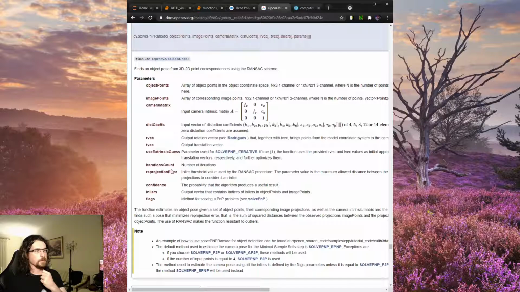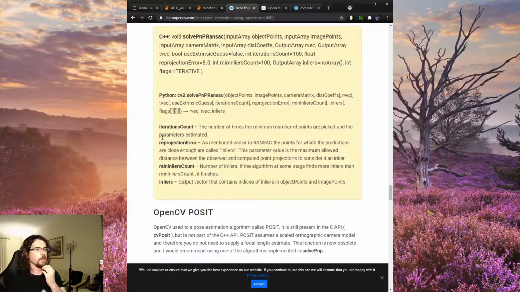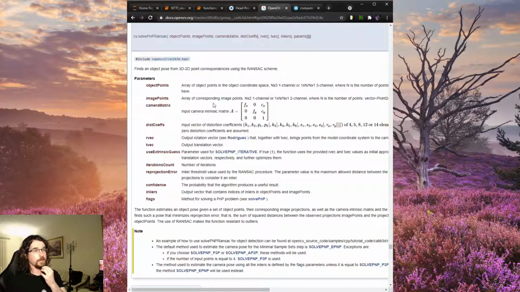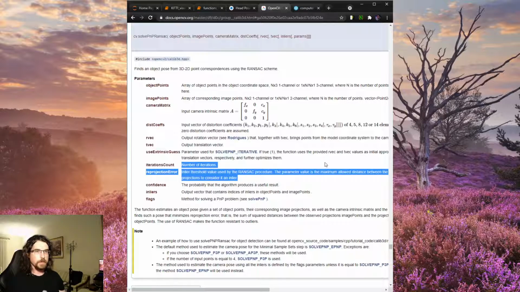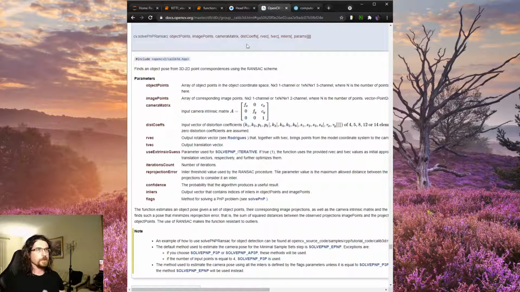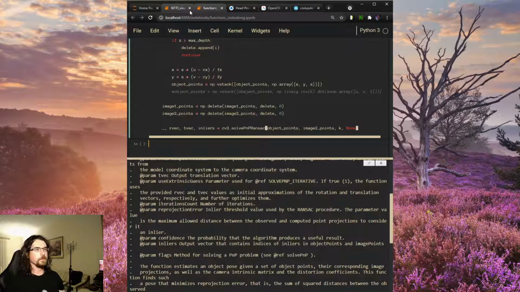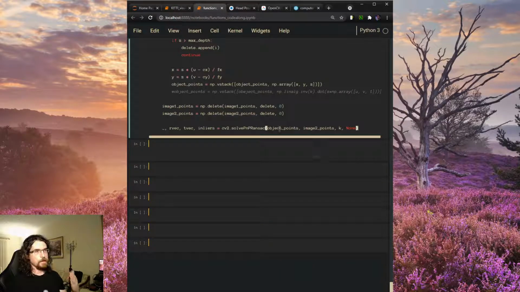Okay, I think that it's the reprojection error. So this is going to be the minimum number of inliers. It's a little confusing because this guy over here said min inliers count, which I don't see. So he's got that wrong. Must be an old version. Yeah, so: inlier threshold value used by maximum distance. We'll just, you can look further into this on your own. The fact is, it's doing most of this under the hood, which is fantastic, which means we don't have to